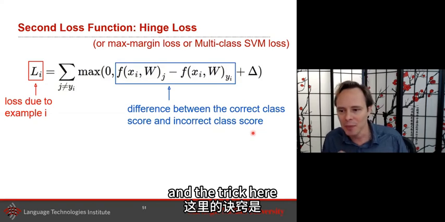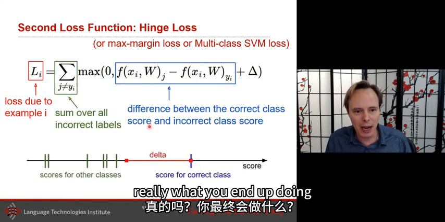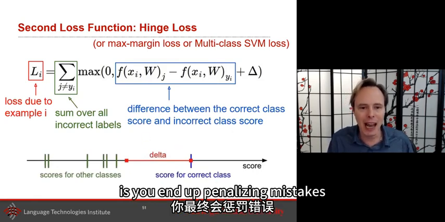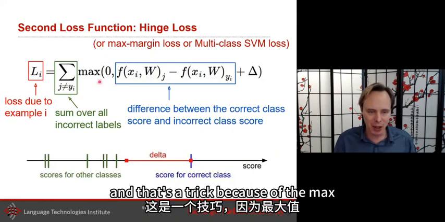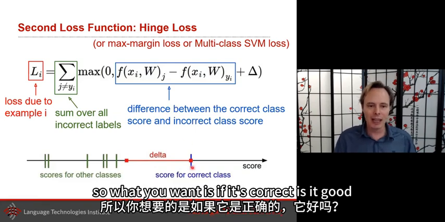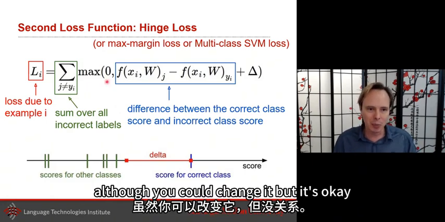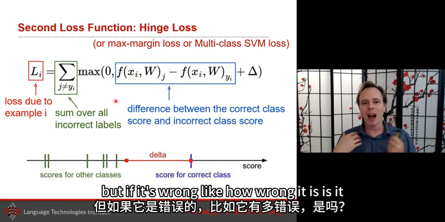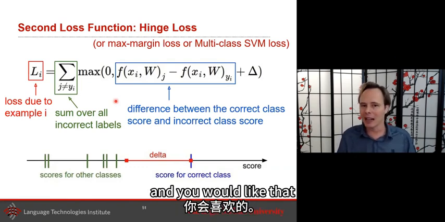And the trick here is that because you sum over all the incorrect labels, really what you end up doing is penalizing mistakes, and that's a trick because of the max. So what you want is, if it's correct, it's good. There's nothing here, although you could change it, but it's okay. But if it's wrong, how wrong is it? And how wrong it is will be that margin that you want,